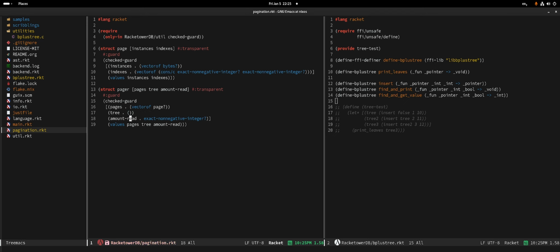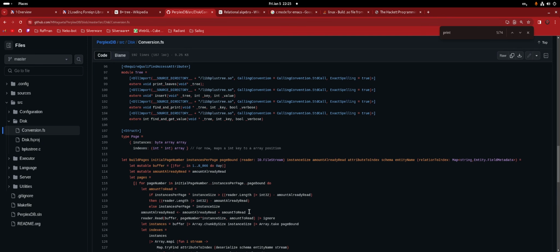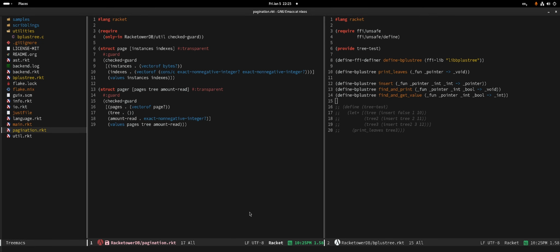Now the big one, the remaining one. How are we gonna enforce this to be a tree? That's very interesting. I mean, it is a void pointer. So how the heck are we gonna say that? We don't have functions that return a struct pointer like the example in the documentation.